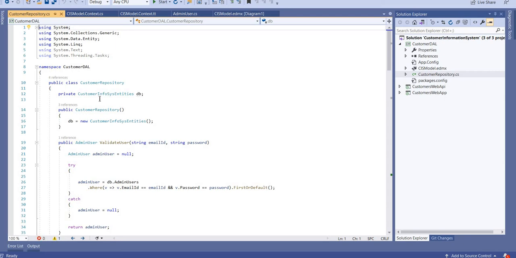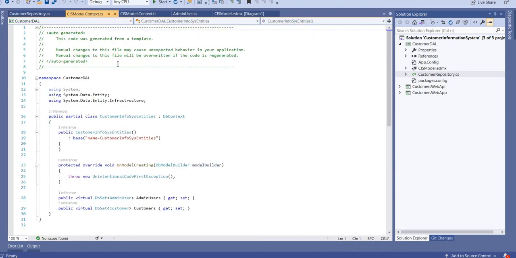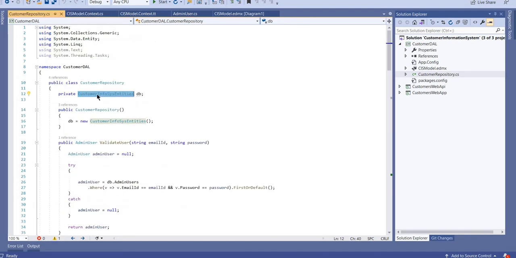So what I did here, if you see, this is my customer info entities. Where is it? It is inside the CS model context.cs, this db context file. In this db context file, I created the object of this class. Okay, whenever someone calls this page, it will create the object of that db context.